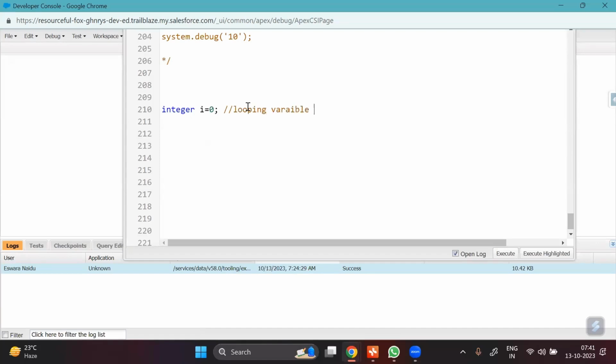So looping variable initialization. If there are any spelling mistakes, please excuse me. So looping variable initialization, declaration and initialization happen, and after that you have to use the while keyword, and between the braces you have to give the condition. What is our condition? i less than or equals to 10. As long as i is less than or equals to 10, please execute